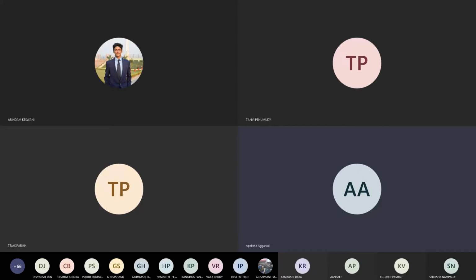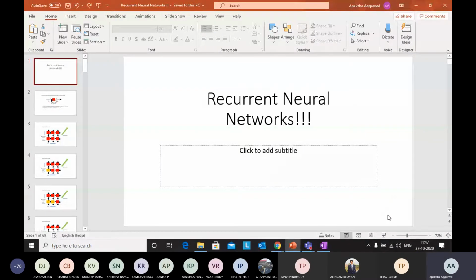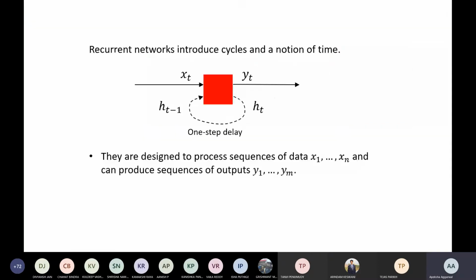Okay, so in the last class we have studied the RNNs. We have seen that in recurrent neural networks we have a feedback loop that basically stores the historical information coming from the previous activation, as well as the data coming in at every time step, which it is also processing. So it's storing two types of information.